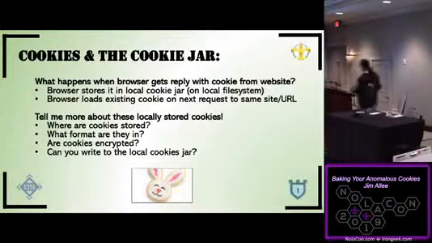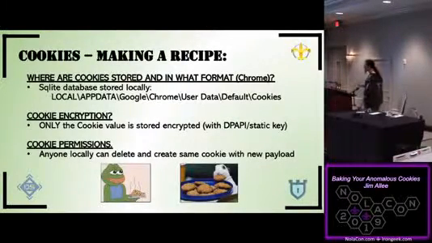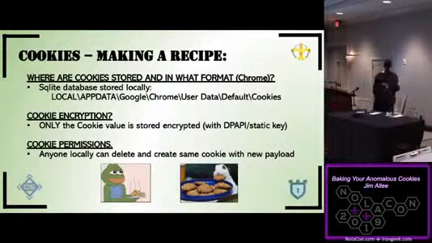All right, cookies in the cookie jar. What happens when you get a cookie from a website? It gets stored in your local cookie jar in the file system. I'll pick on Chrome here. Firefox is similar. They're all very similar. But you have this local cookie jar in your system. Are the cookies encrypted? What format is it? Are you allowed to write to that? Can you tamper with the cookies? What we find out